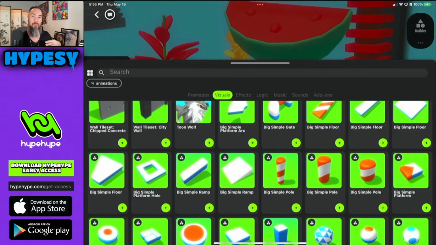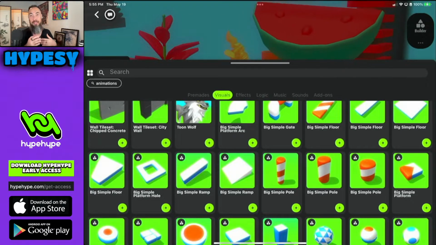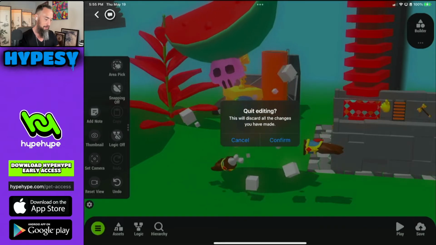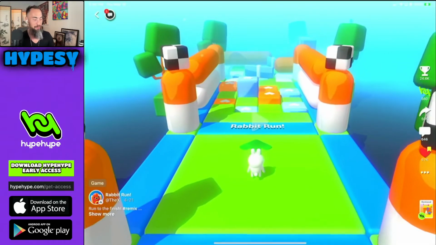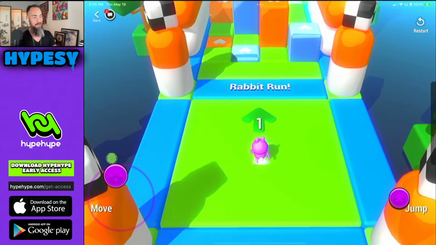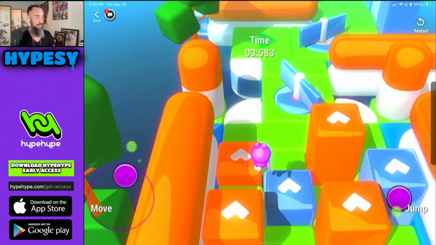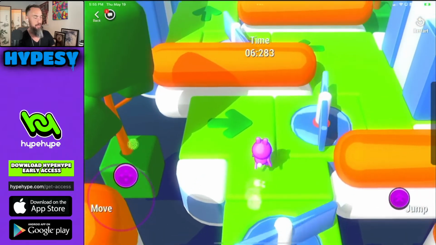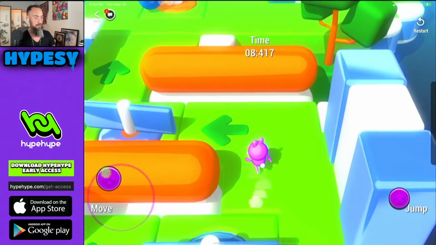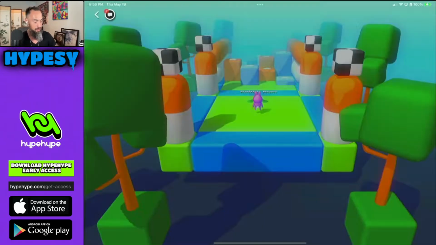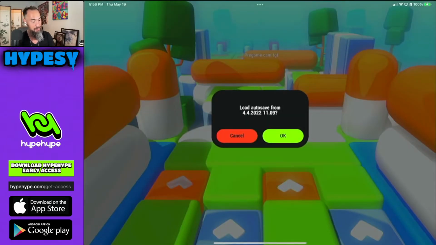These are platformers when you're making a level or a course in a game that the player has to move around. A good example for that is this game, Rabbit Run, the fun platformer in which you have obstacle courses, objects just coming in your way, moving around, and you have to jump and dodge and get around everything and try to get the best time possible. And if you want to, you can also hit the remix button and remake this game in your own way.